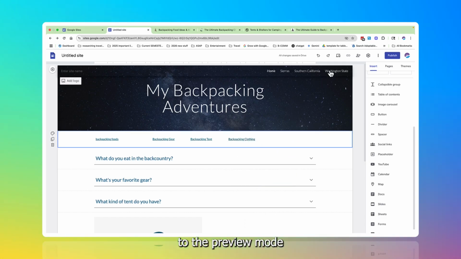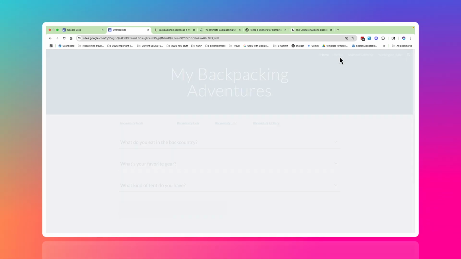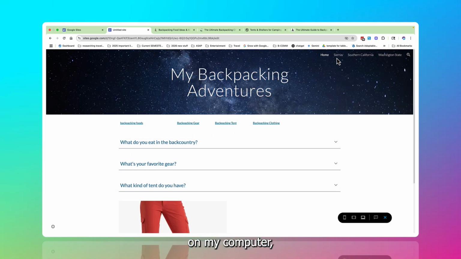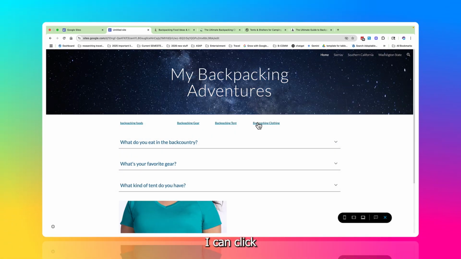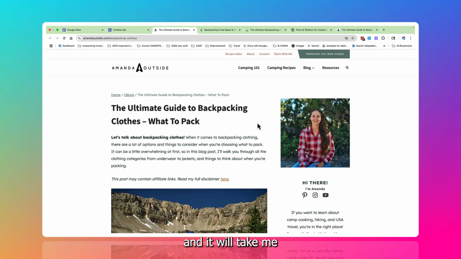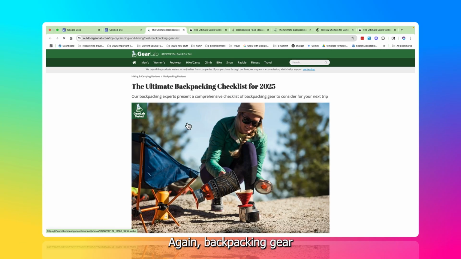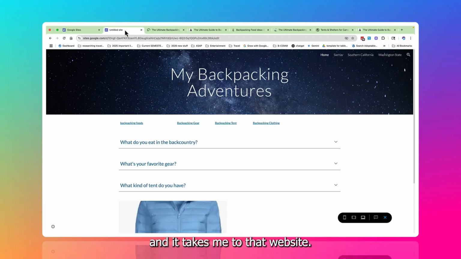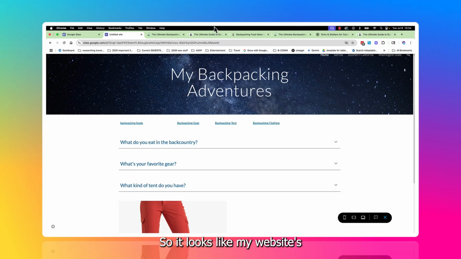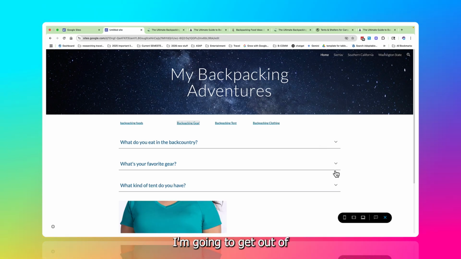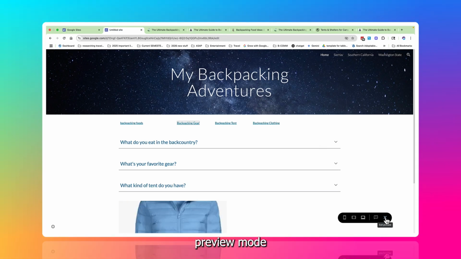Now when I go to the preview mode and I look at what it will look like on my computer, I can click any one of these links and it will take me to that particular website. Again, backpacking gear, and it takes me to that website. All right, so it looks like my website's coming along pretty well here. I'm going to get out of preview mode